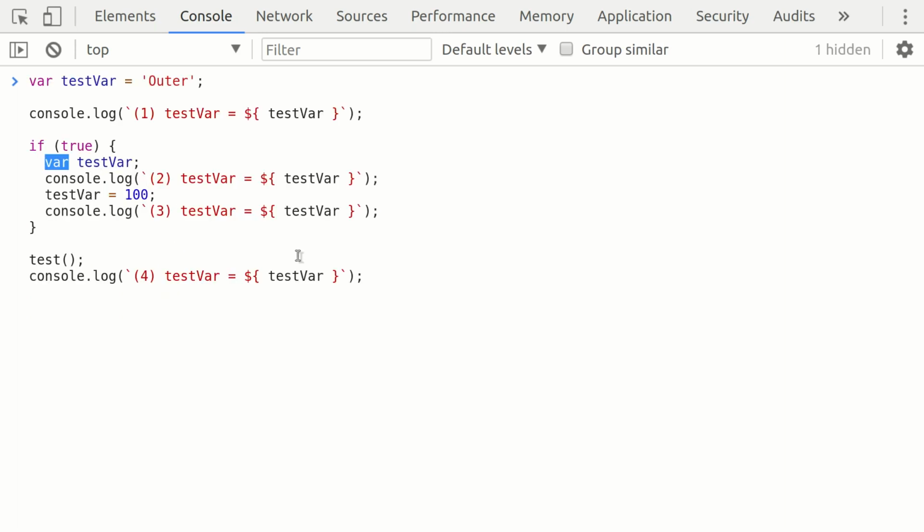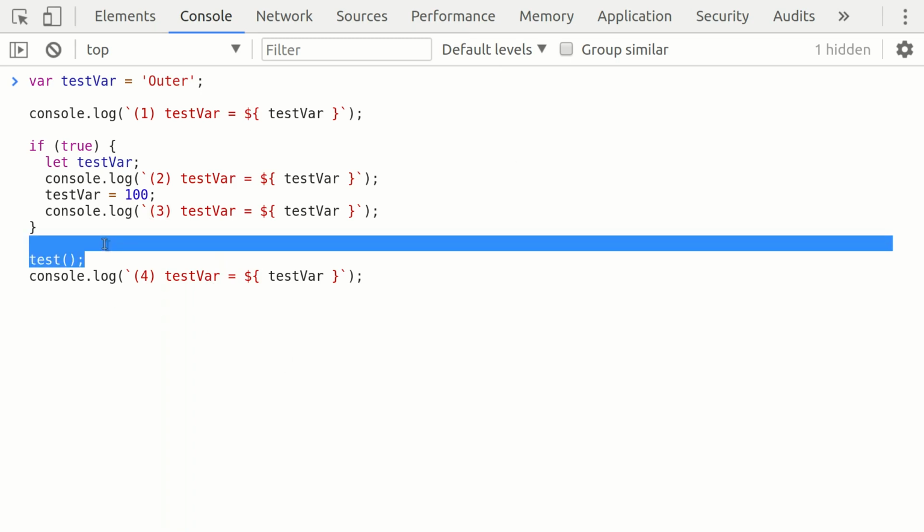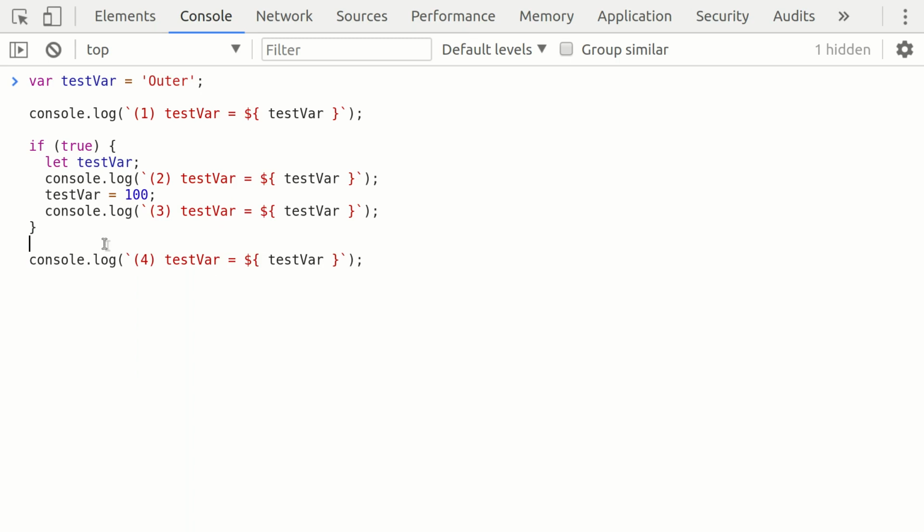Now with let is going to behave inside of blocks. This is block level scope. Inside of brackets, it's going to behave the way that var behaved inside the function. So take 1 second, try to let that sink in. When we use the var declaration inside of a function, it created a variable that could only be seen inside of that function. When we define a variable with let, it creates a variable that can only be seen within